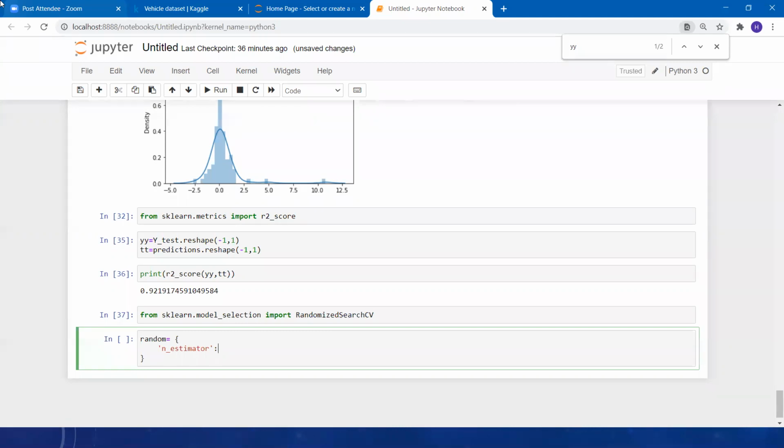What do you mean by n underscore estimators? Can anyone tell me? Let me write some range of values over here. Number of estimators, that's fine. What do you mean by estimator? I am asking that.